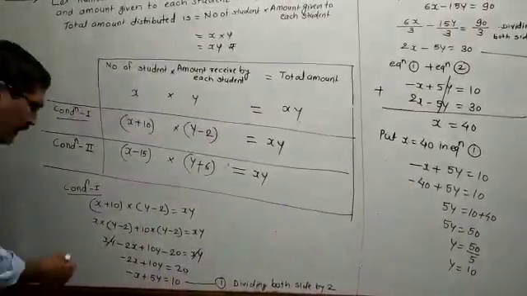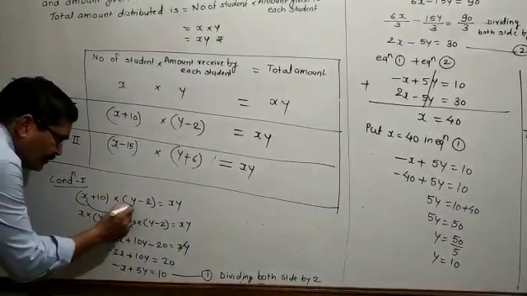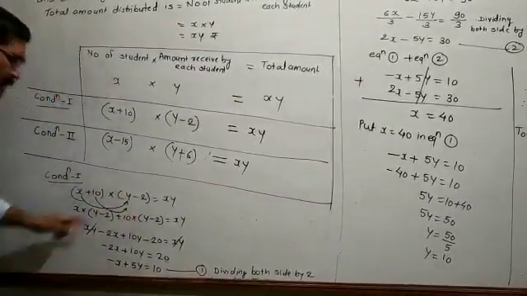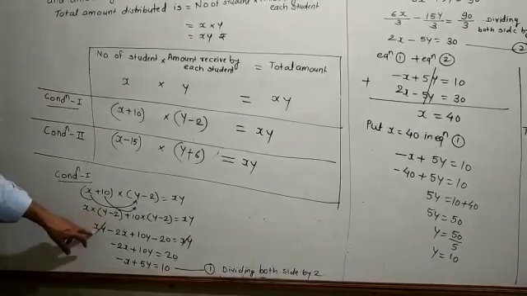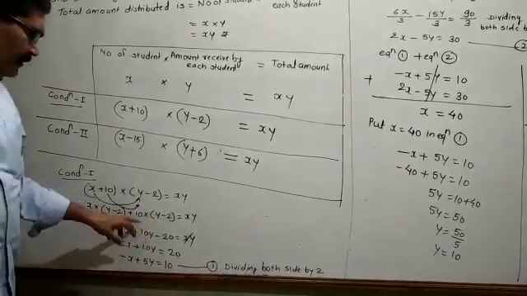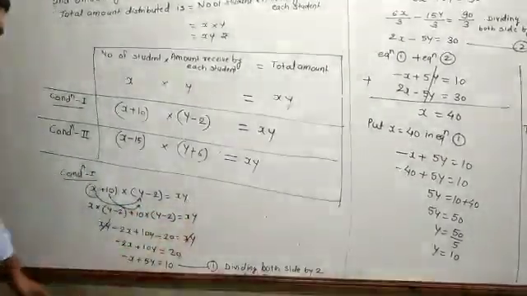Here you have to utilize the first condition, you have to take from this, and you have to use the distributive law. X multiplied by this bracket and 10 multiplied by also this bracket. After that you have to again distribute. X multiplied by y is equal to xy, x multiplied by 2 is equal to 2x, 10 multiplied by y is equal to 10y, 10 multiplied by 2 is equal to 20, x multiplied by y is equal to xy.